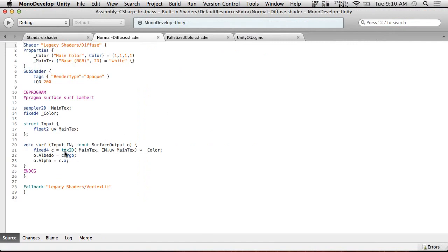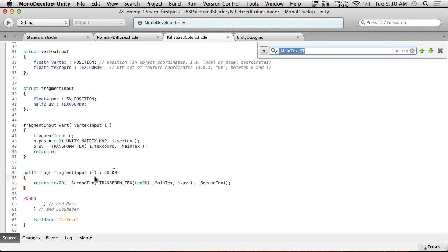So text 2D takes two variables. It takes the texture and it takes the UV coordinates. And it can then determine what part of this texture to determine. It uses this to determine what part of the texture to go to and then give you a color out of it. So we go back to our palletized shader. So this is actually just it just takes two parameters. So the first parameter it's taking is second text. So this is saying I want to grab the color from second texture, and the position of the color is